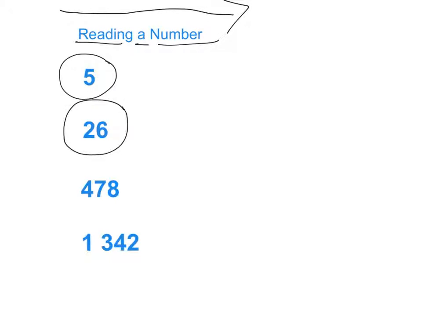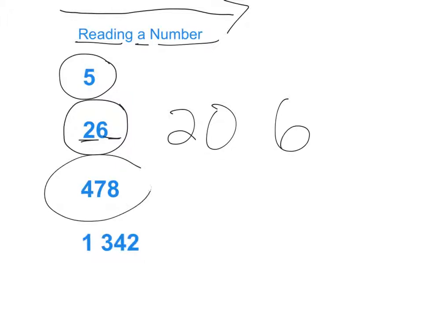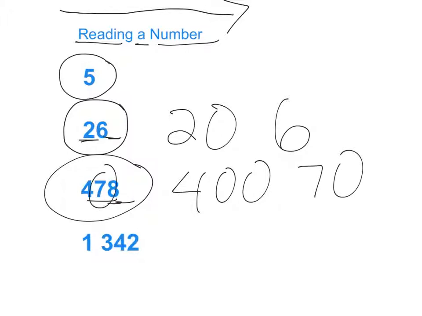This number here, we read this first, 20, and then 6. After that, we have 400. Then we read the 70, and then the 8. So it's 478. And lastly, we have this number, which has